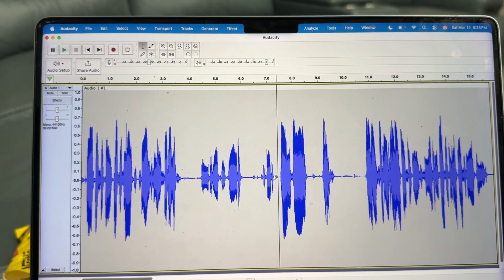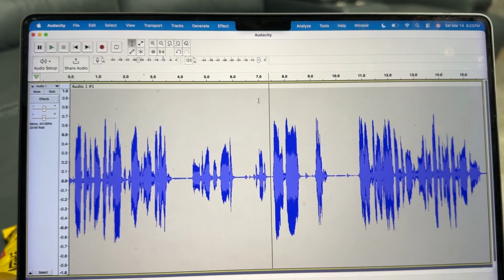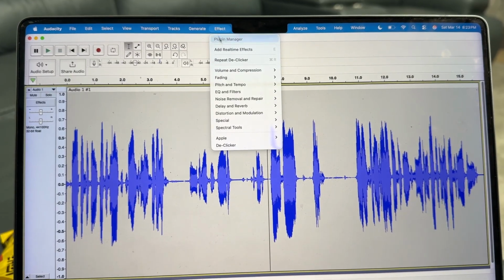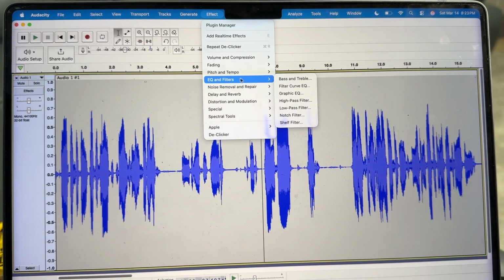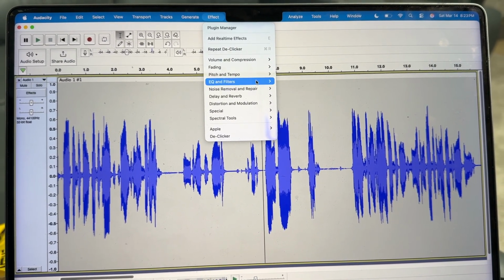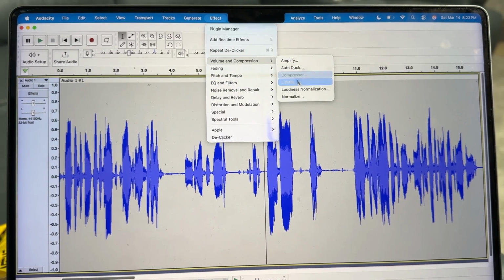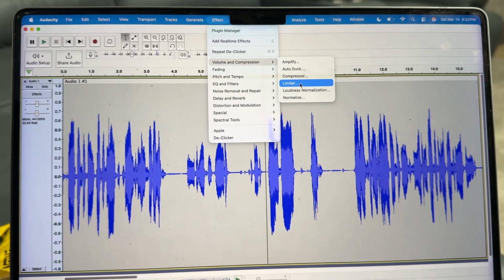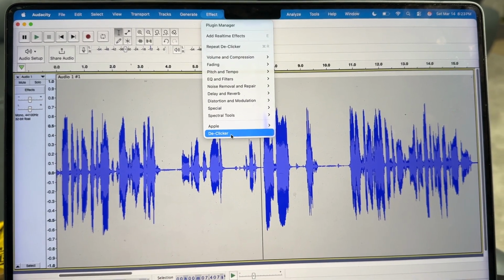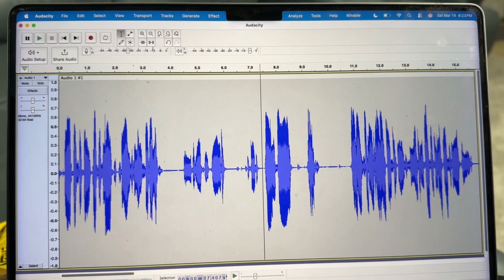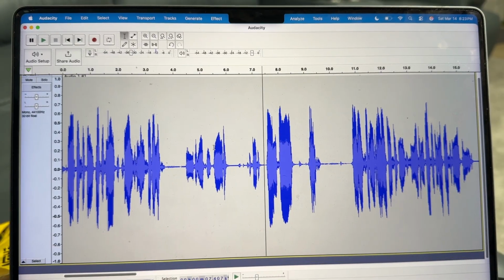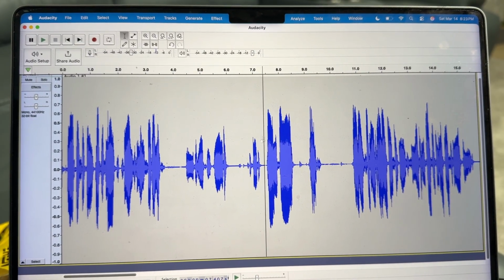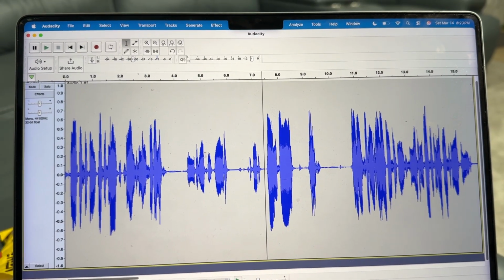Okay, so I'll just say the three again. I'm sure you're writing them down: the EQ high pass filter first, loudness normalization second, and then the limiter third, and then I run the declicker. Then I go through and do all my edits, listening to it and cutting things out.